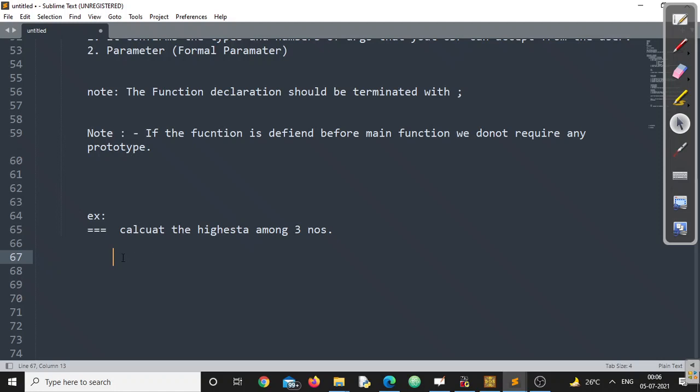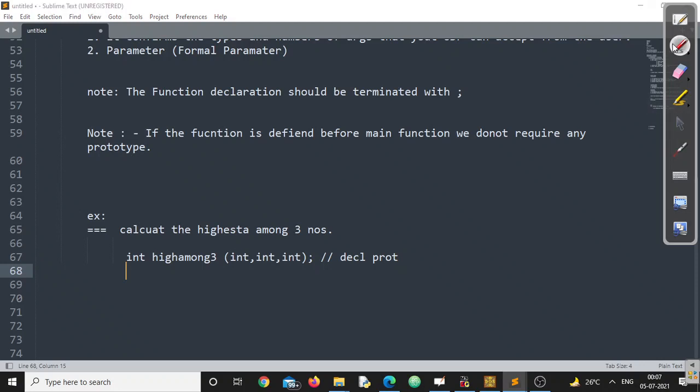Now, I want a function. Suppose I'll name the function highest among 3. This is a valid identifier name, right? The first character is not a digit, and I have used characters from small letter a to z and 0 to 9. Now, I want my function to say which one is highest, right? And how many variables do I want to input? I have to input 3 variables. And the semicolon, as per the discussion, we need a semicolon here, right? This is what is called a function declaration, or you can call it a function prototype.